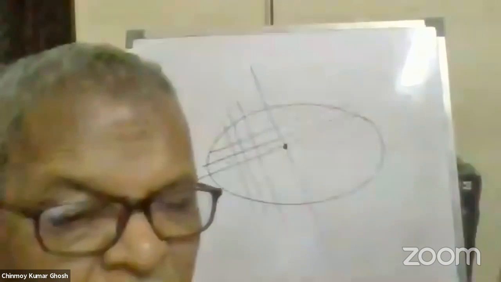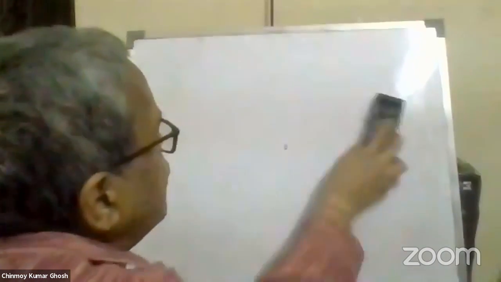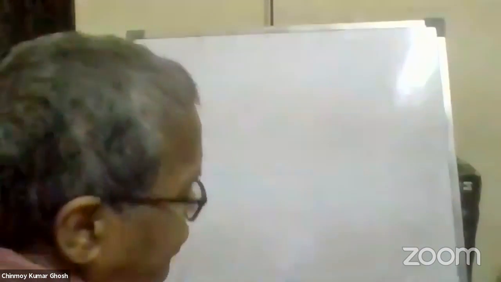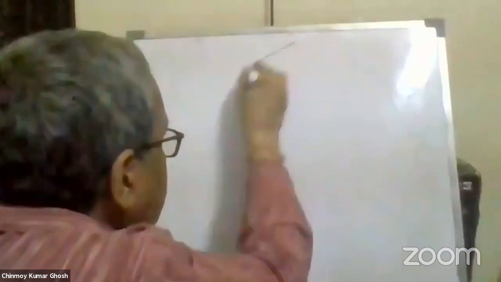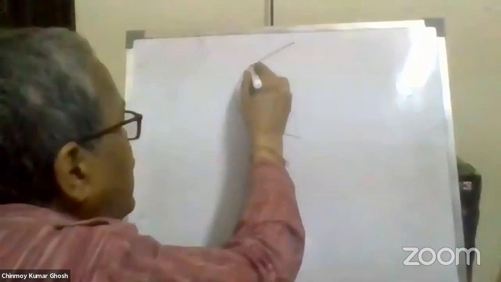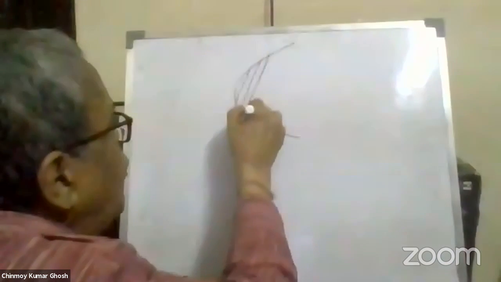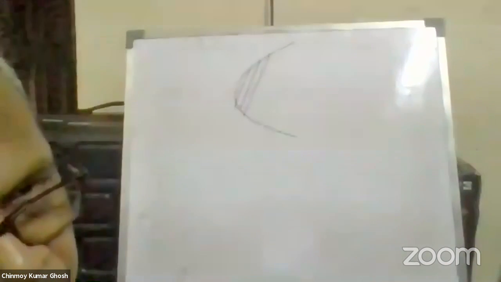Yes, please. Sir, in the diagram you drew for the parabola, does the axis of the parabola become the diameter of the parabola? Are they coincident? No, it depends on the slope of the chords. Now let me quickly work out the equation. Suppose this is a parabola and you have a system of parallel chords whose slope is equal to m.